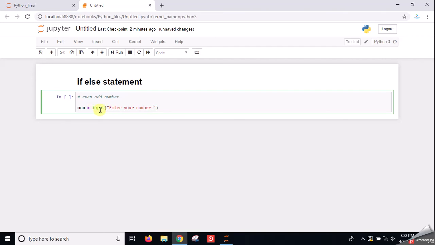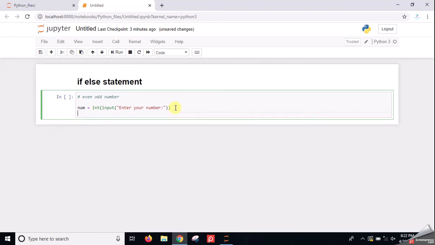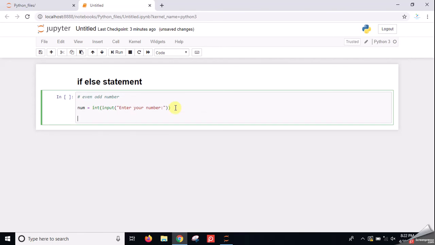You can prompt the user to give the input, but all the input entered by the user is in string format. So we have to convert it into an integer number. For converting it, we typecast this input by the user into int. You can convert it into float or any other type also, but here we need an input number which is integer type. So we are converting the input number into an integer. Now it's time for conditional statements.